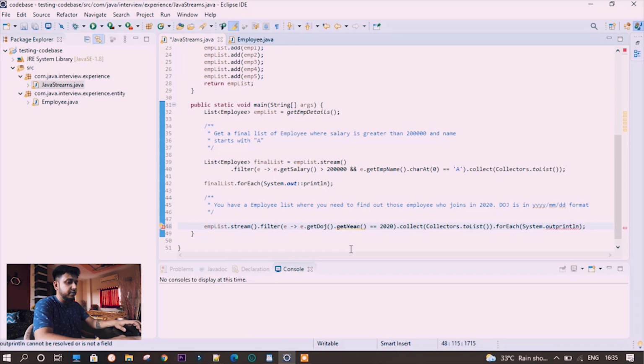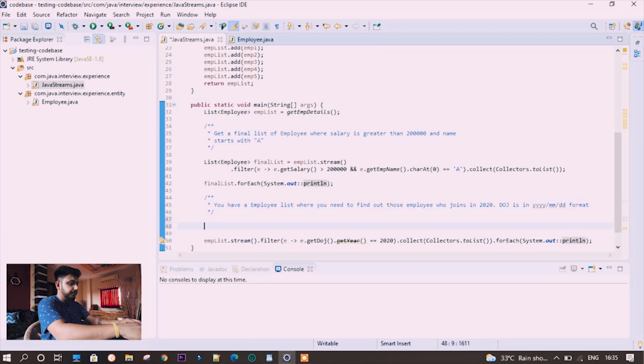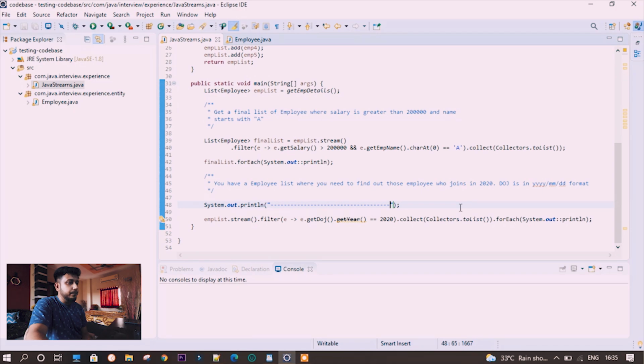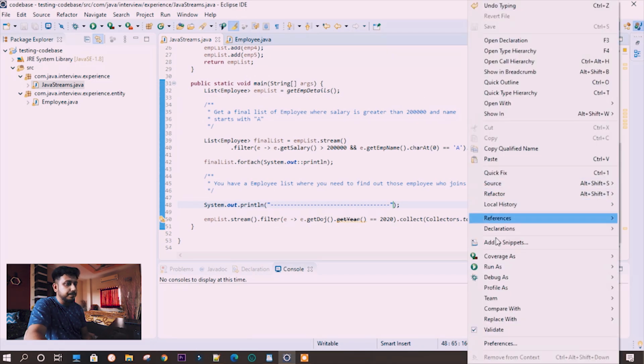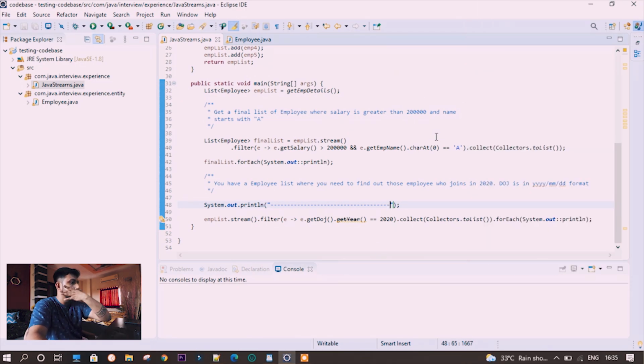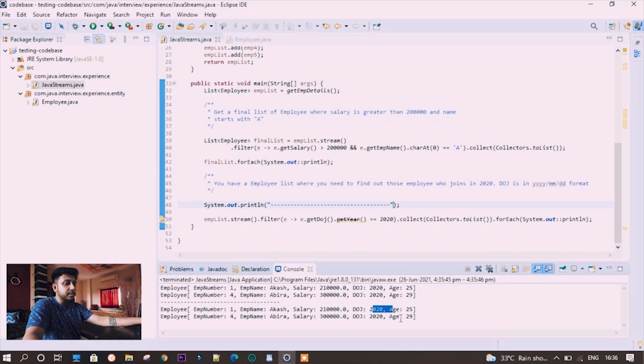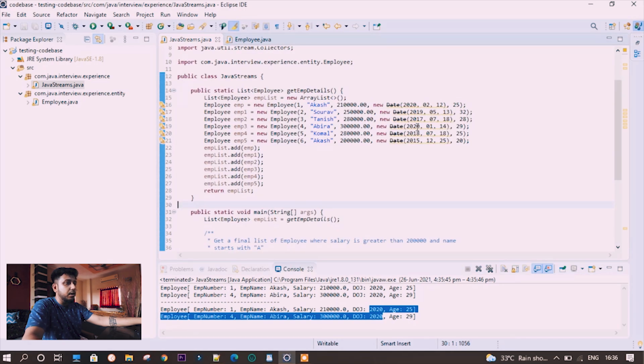No, this is the method reference. Okay, let's do one thing, let's sys out something so that it can actually work. Now let's run this. Now you can see the employees who joined in 2020 are coming. Let's check the data. Okay, these are the 2020 details.